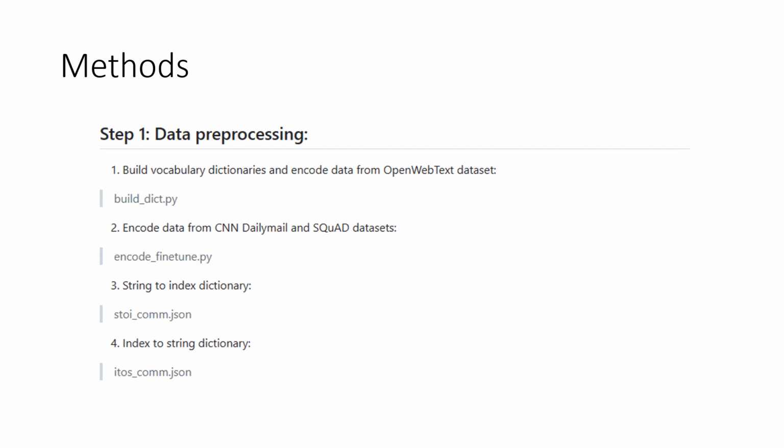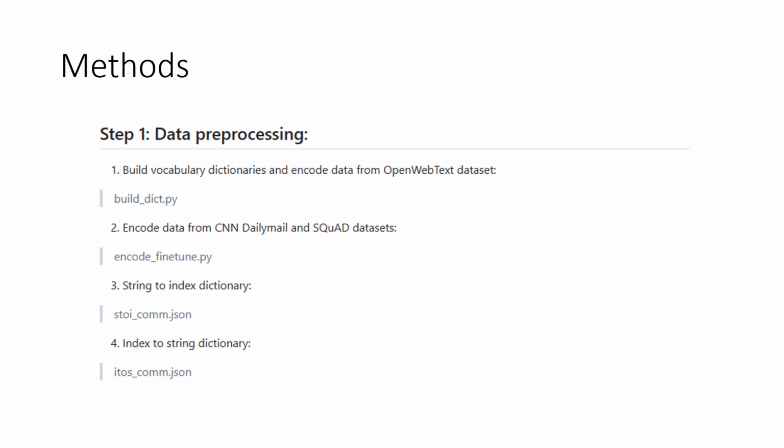The first step is data preprocessing. First, we build the vocabulary dictionaries and encode the OpenWebText dataset using the builddic.py file, which will yield two dictionaries, the string-to-index dictionary and the index-to-string dictionary. Plus, it will also encode the text files in the OpenWebText dataset into indices and save them as an NPY